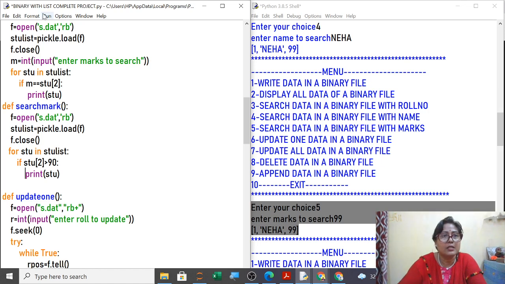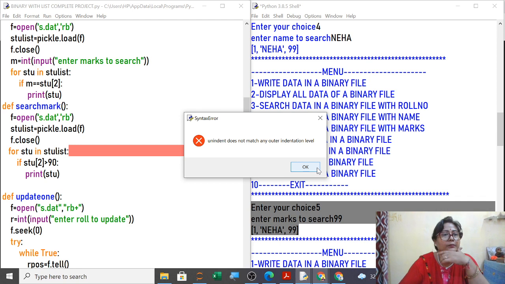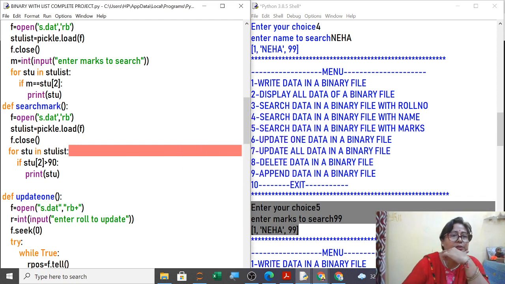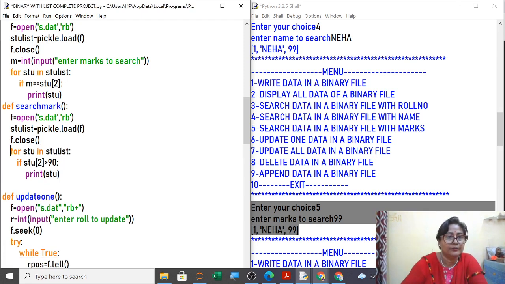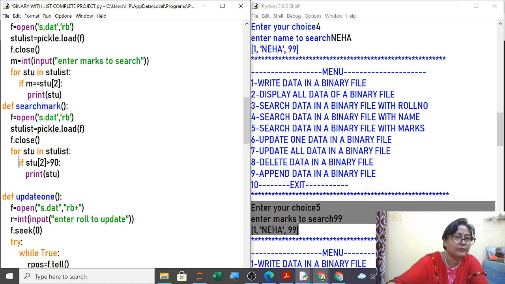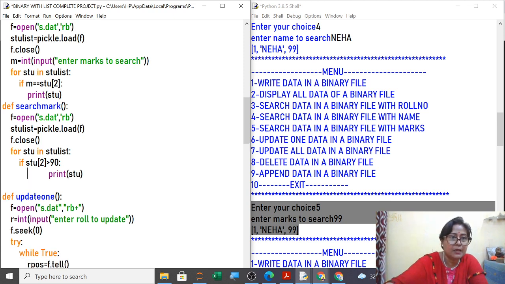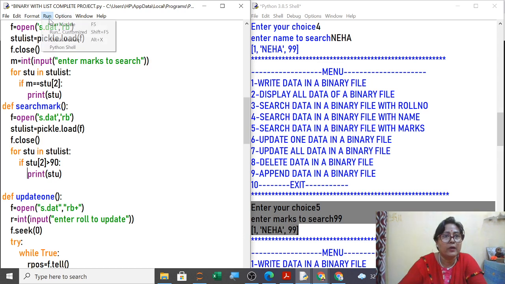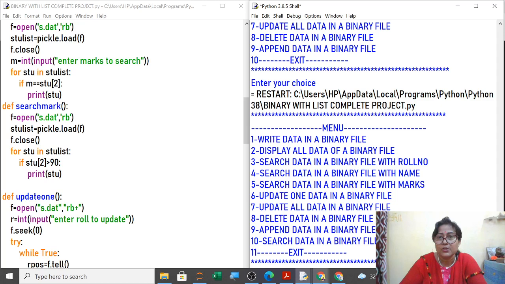Yes, now again execute it. 4 is shifted. While pasting it, sometimes this indentation is changed. Now I am executing it. Yes, so now this is correct.